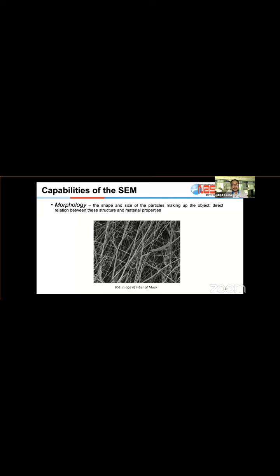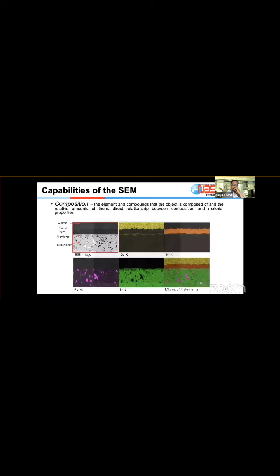So this is a very timely example. This is a fiber of the mask, and you'll see that, of course, the fiber has a dimension, it has a diameter. So when you speak about that, you're talking about the morphological information. Another capability of the SEM is compositional analysis. So in this case, it utilizes the energy dispersive X-ray spectrometer. What the EDS does is determine the presence of any elements from the periodic table, usually from boron to uranium, beryllium to uranium, and